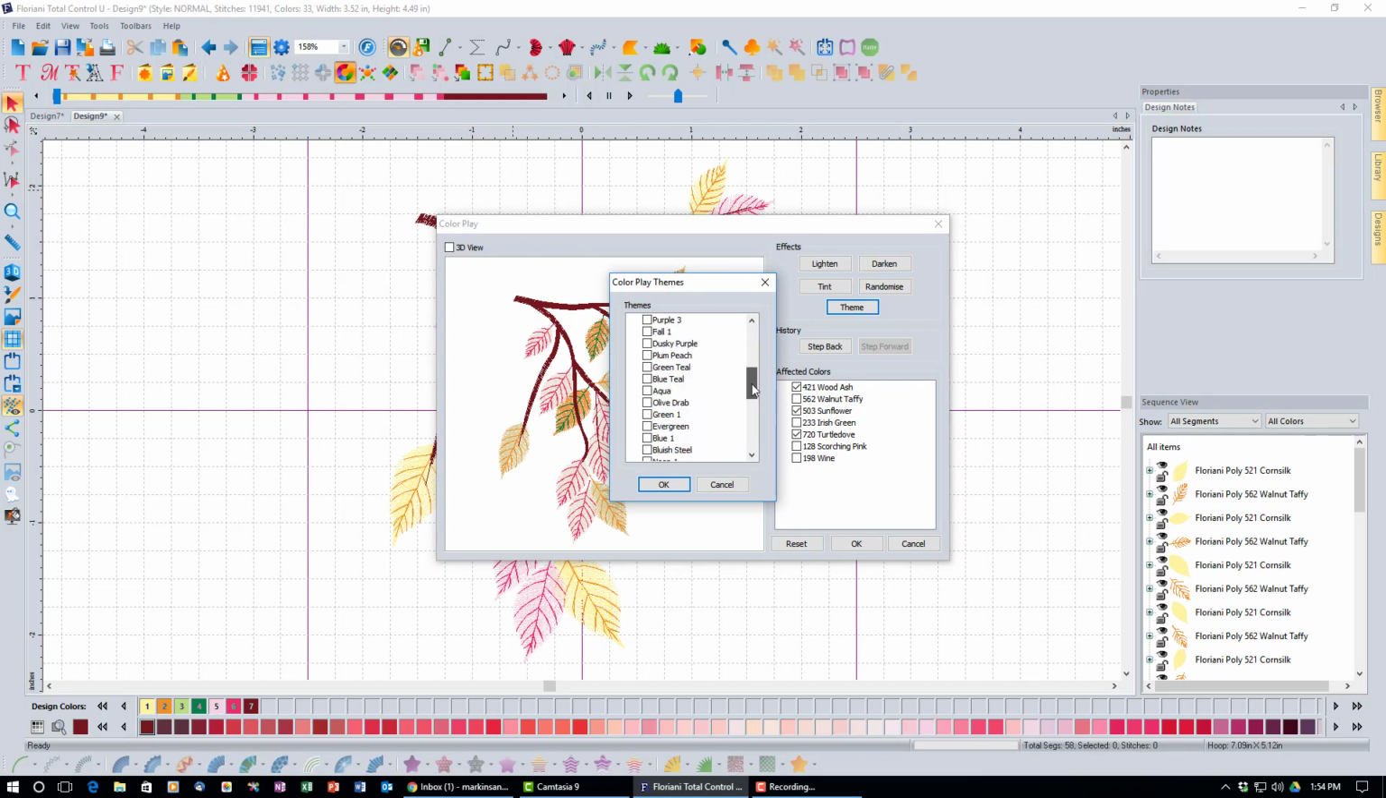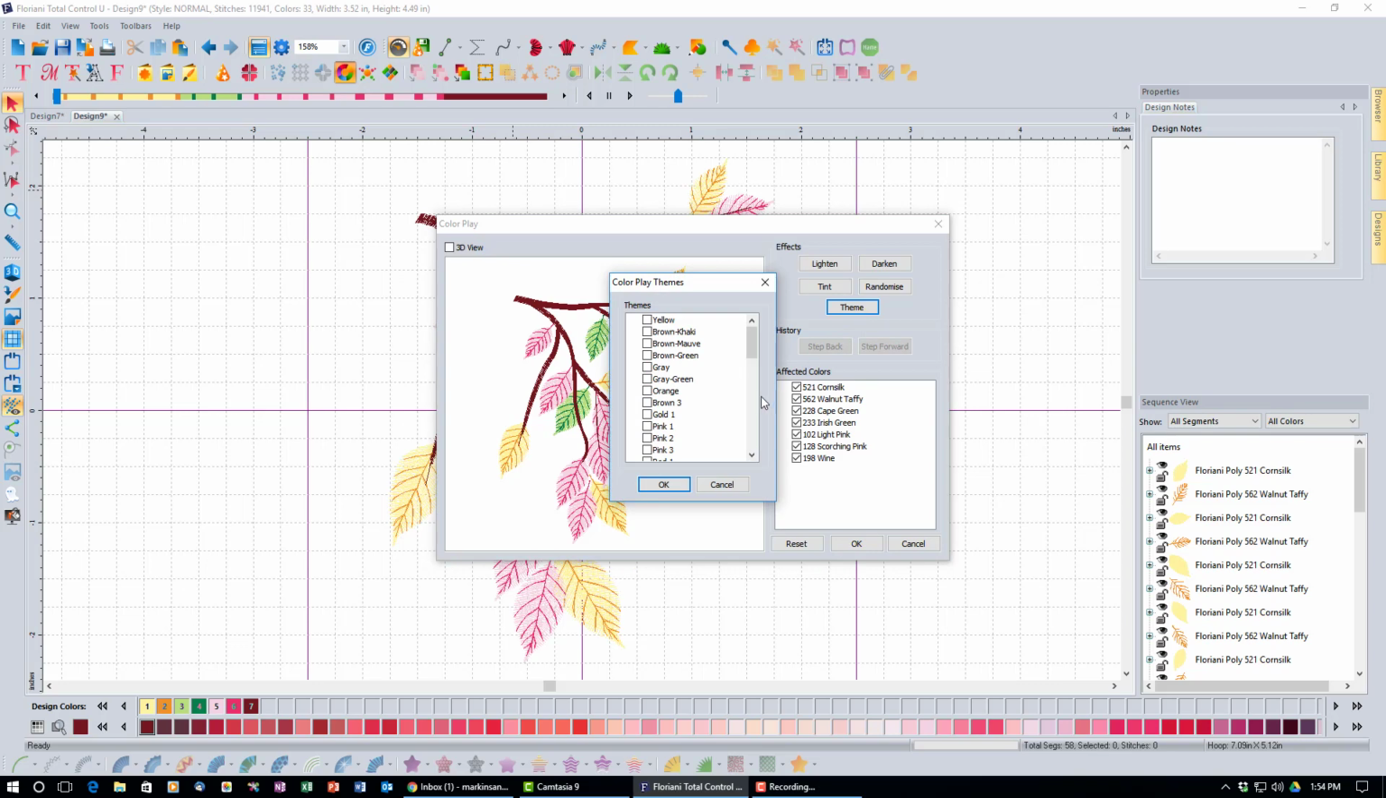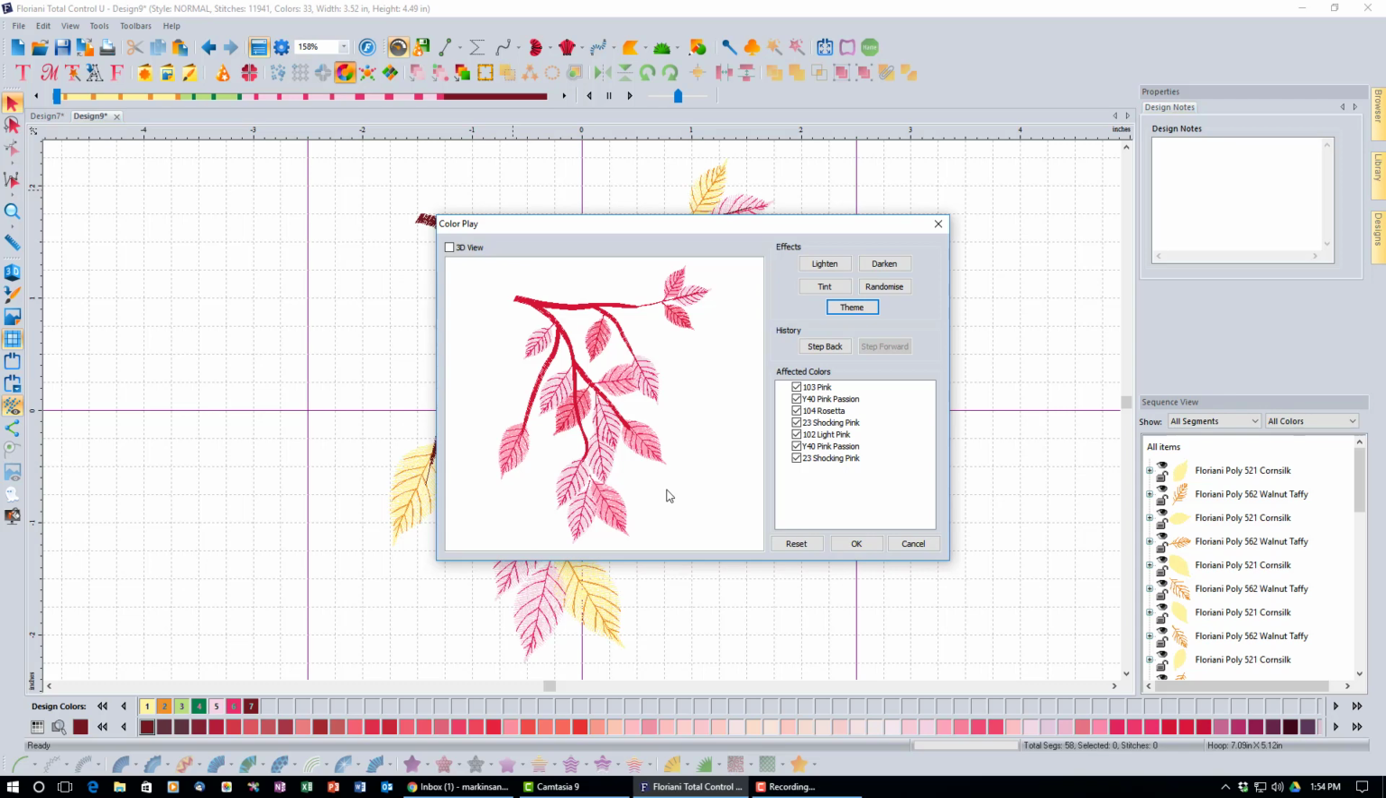It's not alphabetical, I apologize. There it is, Christmas 1, and say OK, and now I've got some golds in there or whatever. Let me reset it, and we'll pick a different theme, and this will do everything. Let's do pink 1, say OK, and now it's all in shades of pink. So this is what color play does, and it's very, very useful for getting ideas about how you might want to recolor a design. So a couple of other things I want to talk about as relates to color play,